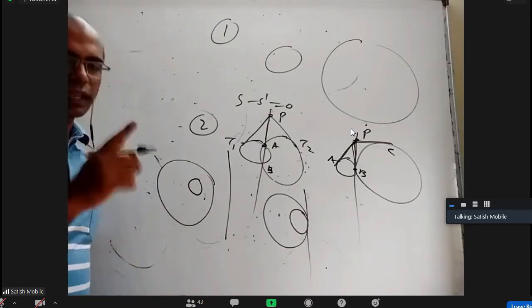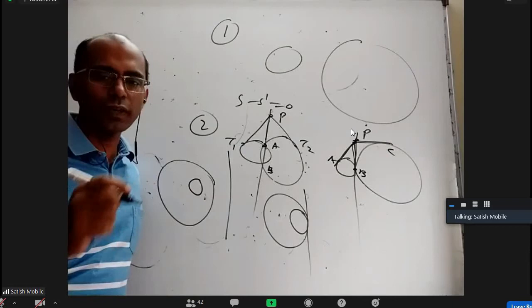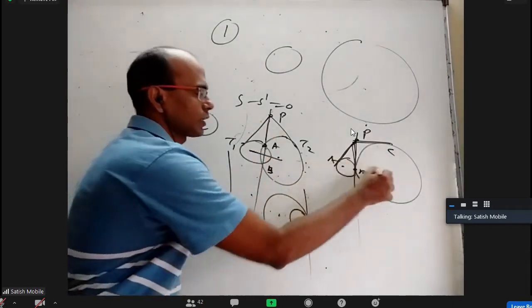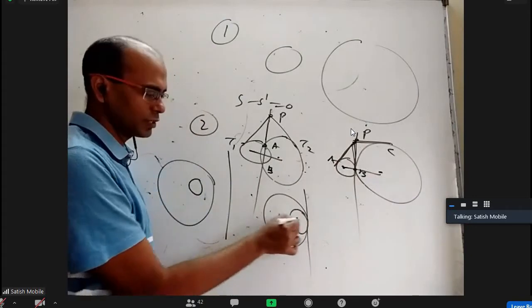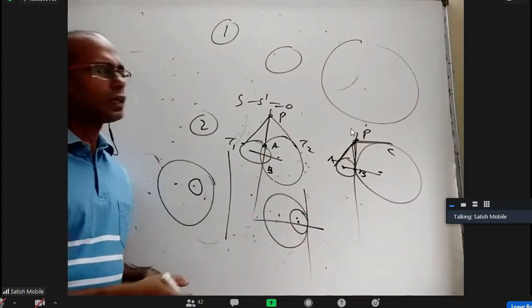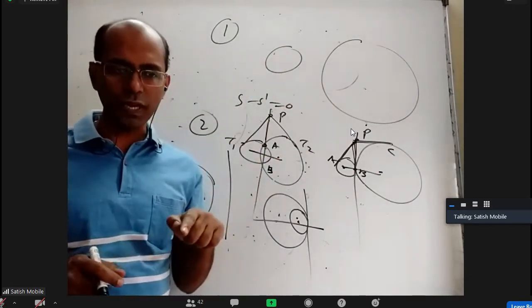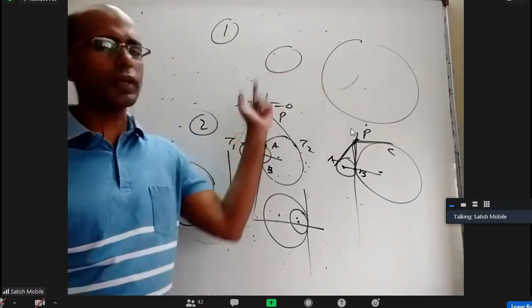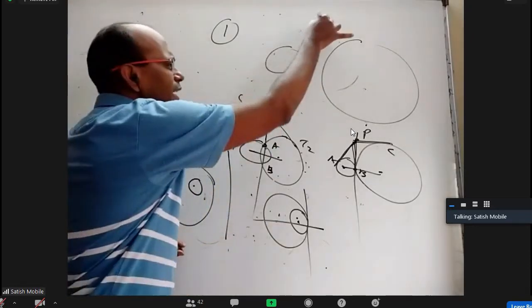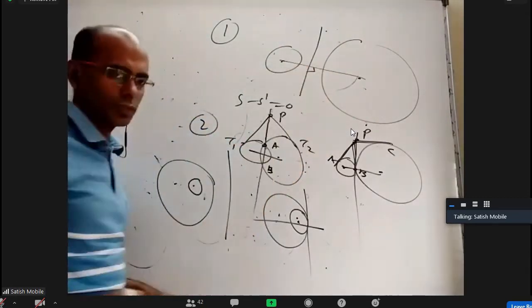That's all. But every time, the radical axis is perpendicular to the line joining the centers of the circles. You take these two centers, this and this are perpendicular. You take these two centers, this and this are perpendicular, even here. You don't need all the figure. Really, take general circles, subtract, you'll get the radical axis, take the slope of that, and take the slope of the line joining centers. You'll understand the product of the slopes is -1. So every time the radical axis is somewhere here, which is perpendicular to the line joining centers.